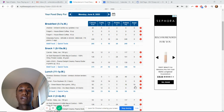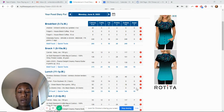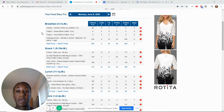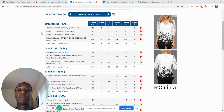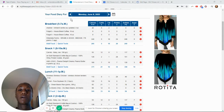So the question I got was, what do I use to keep track of my calories? And I use MyFitnessPal. So here is my account for MyFitnessPal, and I've already set up my meal plan for next week. So today's Friday, so Monday pops up as an option for me to start planning for in MyFitnessPal,